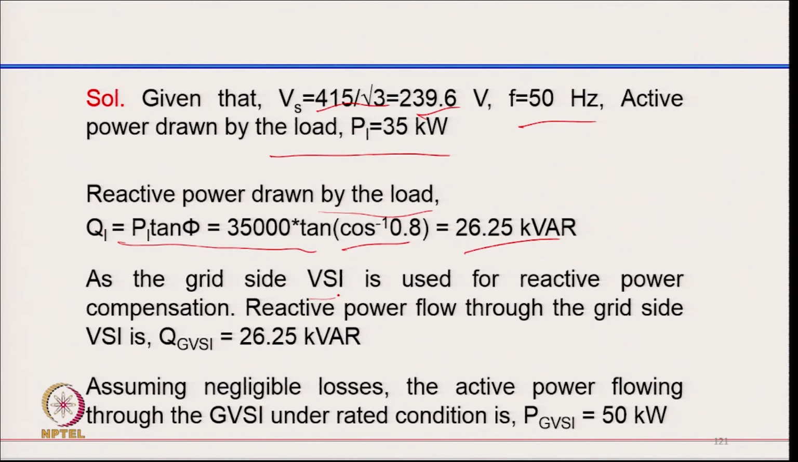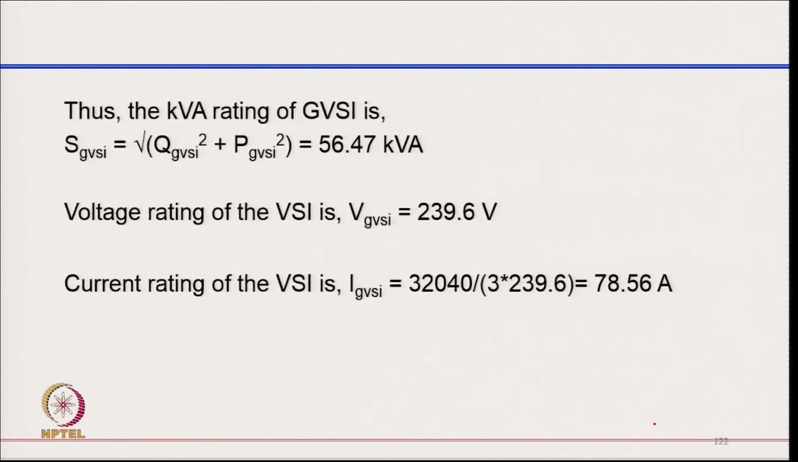The grid side voltage source converter is used for reactive power compensation. So, reactive power through the grid voltage source converter is typically the load reactive power, and assuming negligible losses, the active power flowing to the grid is typically 50 kilowatt, and we can find out the grid side voltage source converter rating from the square root of Q square plus P square, which on putting the values comes to 56.47 kVA. The voltage rating of the VSI is the same as the grid voltage, that is phase voltage 239.6 volt, and the current rating we can calculate from the kVA divided by 3 into the phase voltage, at unity power factor with the power, so